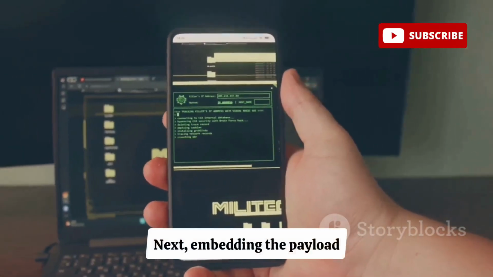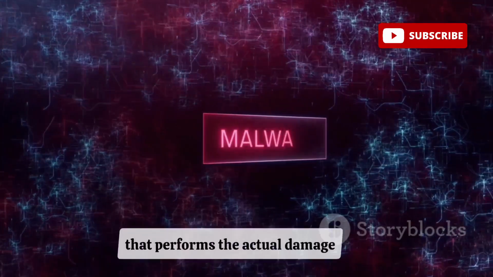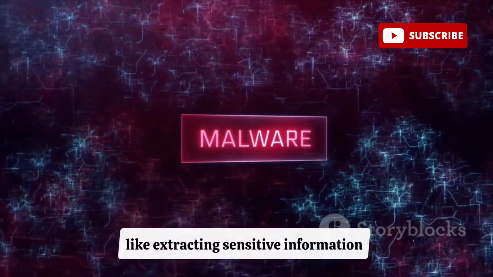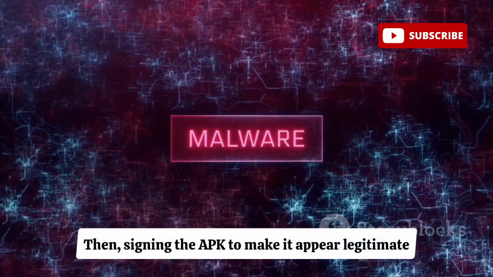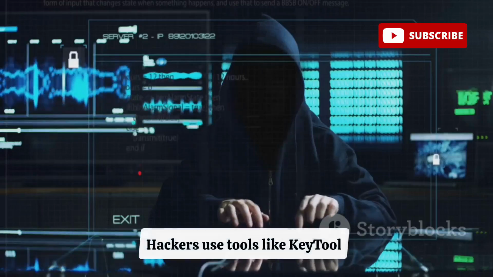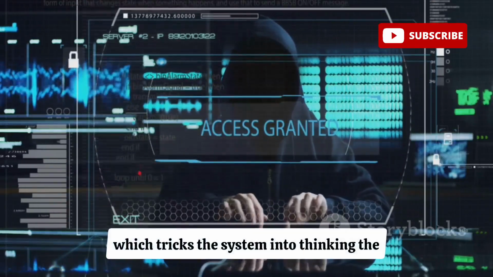Next, embedding the payload, which is crucial for the attack. The payload is the malicious code that performs the actual damage, like extracting sensitive information or corrupting files. Then, signing the APK to make it appear legitimate. Hackers use tools like KeyTool and JarSigner to forge a digital signature, which tricks the system into thinking the app